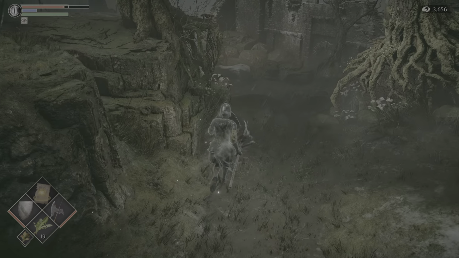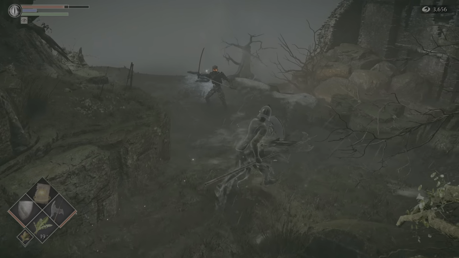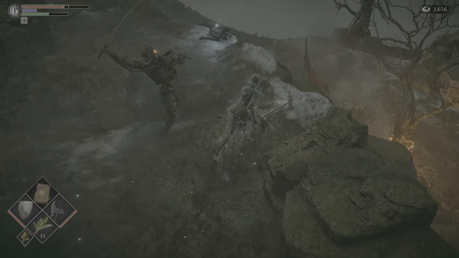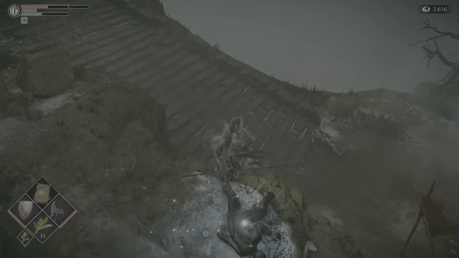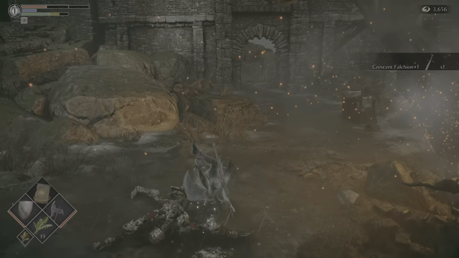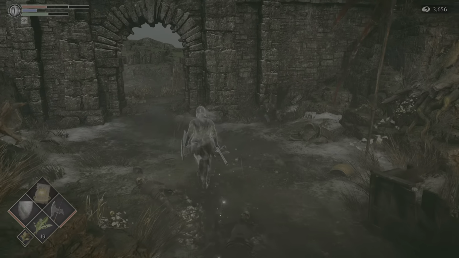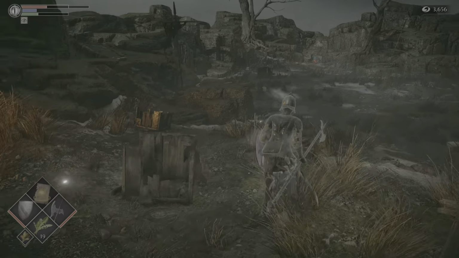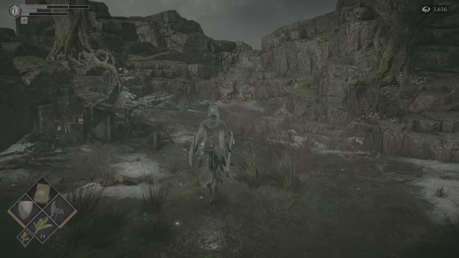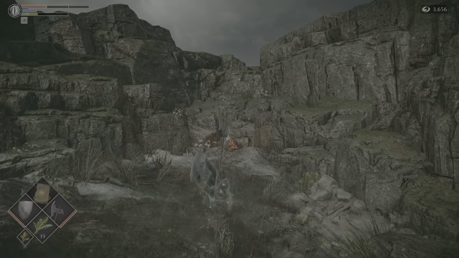start of this level. So there he is. Ugh, that's why. Grab the item and just roll out of there and run. Run all the way back to the Archstone